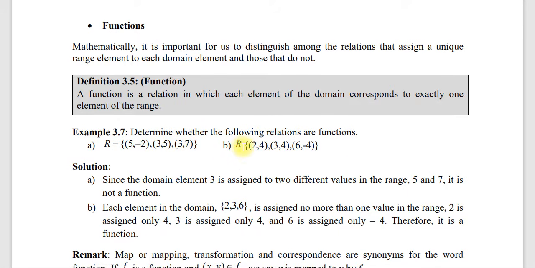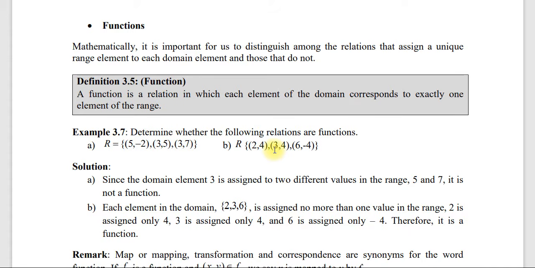And B, R which is equal to the set containing (2,4), (3,4), (6,-4). አሁን እዚህ ላይ ተመልከቱ እንግዲህ የመጀመሪያውን ዶሜኑን እንየው እስኪ። A ላይ ያለውን 5 3 3 3 ተደግማለች ማለት ነው። ሬንጁን ይዩት -2 5 7 ሬንጅ አልተደገመም። ኦኬ ይሄን ይዛለን። ኔክስት B ላይ ያለውን ደግሞ እኔ 2 3 6 የተደገመ ነገር የለም። And range 4 4 4 ኦኬ ስለዚህ መጀመሪያው ላይ የተደገመ ምንድነው? ሬንጅ ነው ዶሜን ነው? 5 3 3 ዶሜን ተደግሟል፣ እዚህ ላይ ሬንጁ ተደግሟል። ስለዚህ ከሁለት አንዱ ፋንክሽን ነው፣ ከሁለት አንዱ ደግሞ ፋንክሽን አይደለም ማለት ነው።